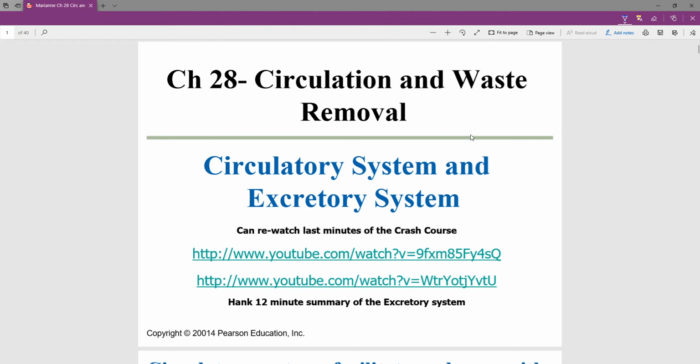So chapter 28 is on the circulatory system and the excretory system. And so we're going to round out this kind of looking at the systems in an order, focusing first on the systems that exchange materials between the inside world and the outside world. So the excretory system is the third system. We also have already done the digestive system and the respiratory system. And really the key thing here is that the circulatory system is what links these three systems together and actually